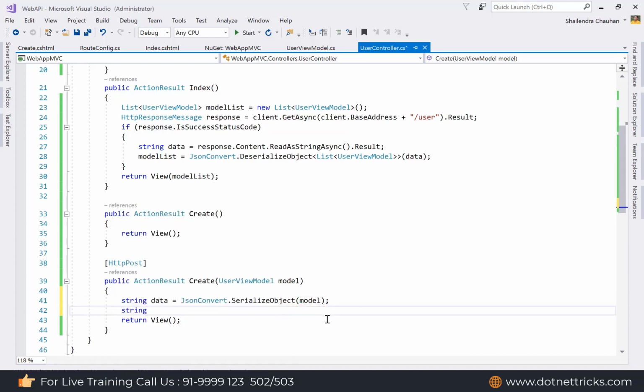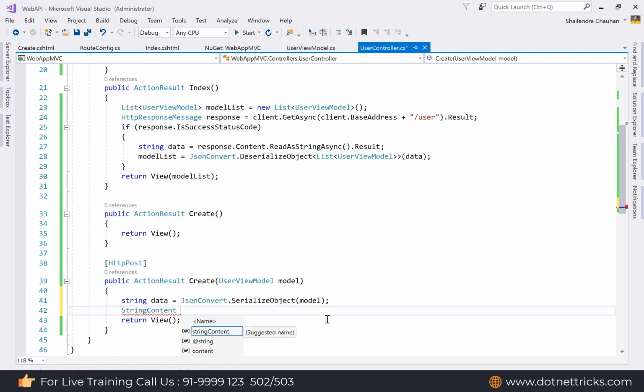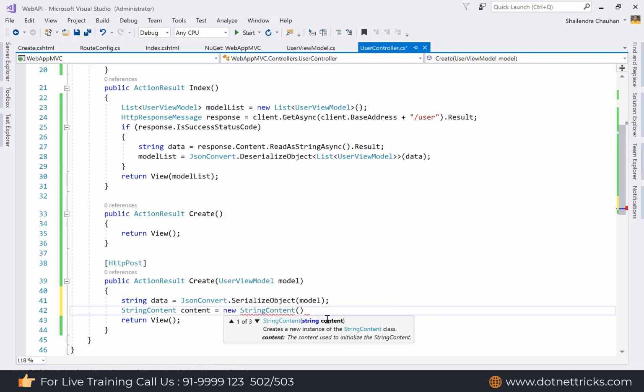Now we create the StringContent. StringContent is an HTTP content type. I'm using content equal to new StringContent, then pass the content as a string. Then I'm using encoding.